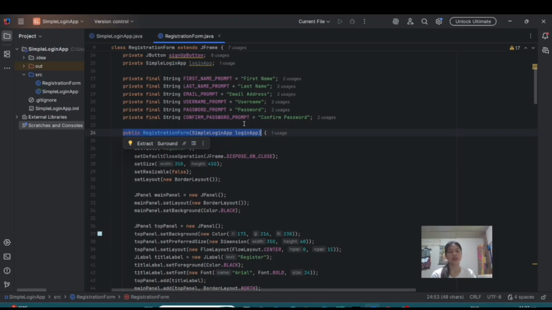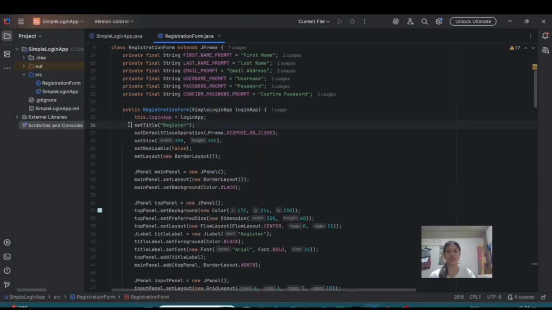It runs once when a new registration form object is created, and it's responsible for setting the window title to Register, and setting the default close operation, which sets the close behavior, or what happens when you click the X. Next, setSize sets the size of the window, and setResizable prevents the window from being resized.